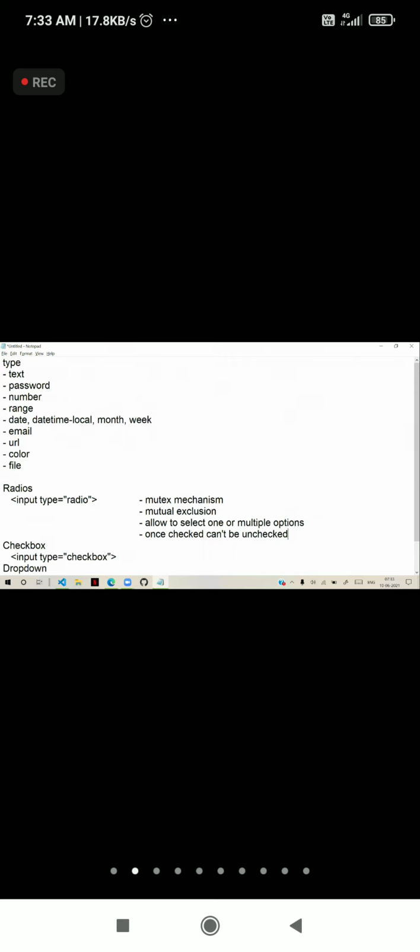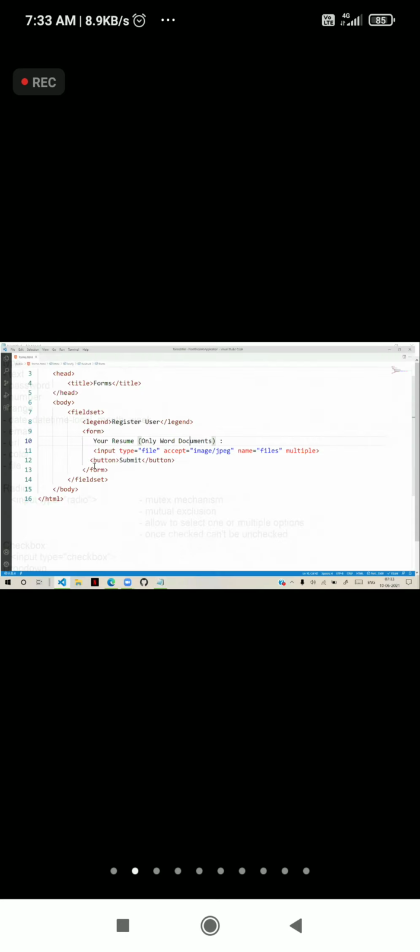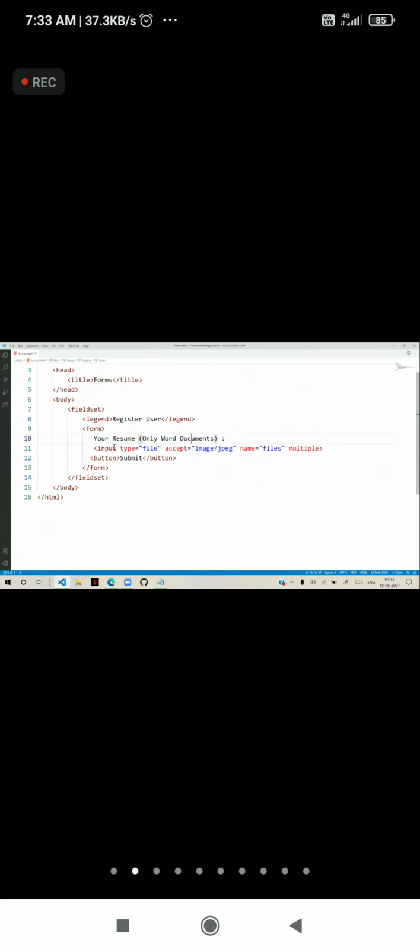So it's not like it is used for selecting only one. Radio buttons are used for selecting multiple also. I will show you. Here I am creating a simple fieldset. Suppose I say choose gender.